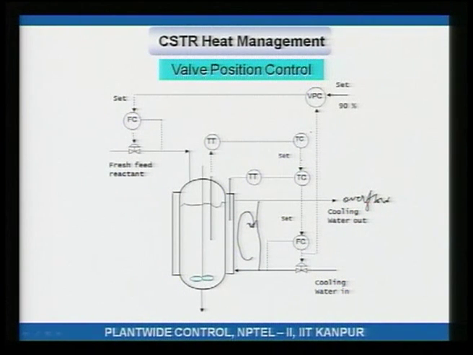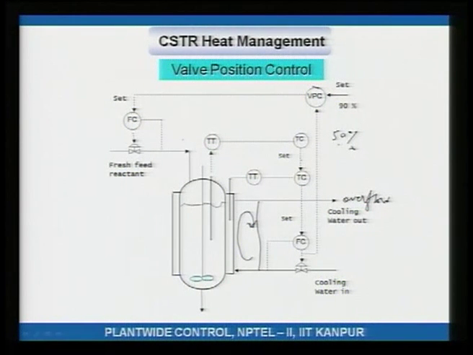Now, because you would like the cooling water valve to be nearly fully open for maximum production, you take this cooling water valve position and send it to a valve positioning controller, which then adjusts the feed to the reactor. Let us say this cooling water valve is only 50% open. The valve positioning controller will see that cooling water is only 50% open, it should be 90% open, so it will slowly increase the set point of the fresh feed to